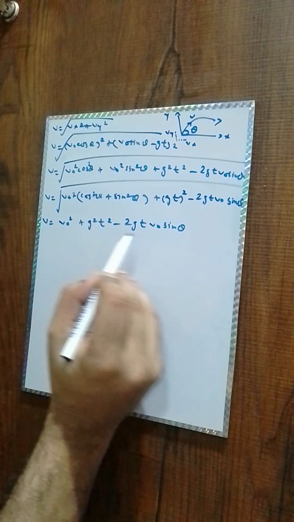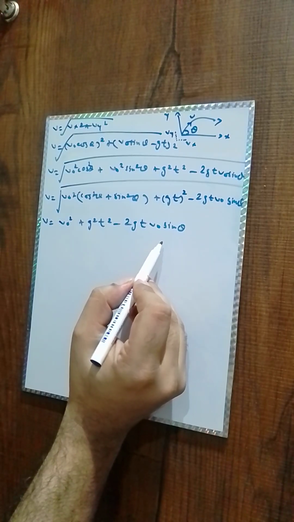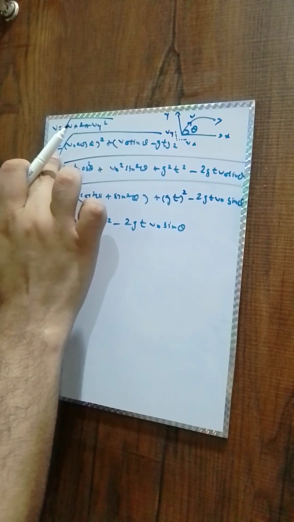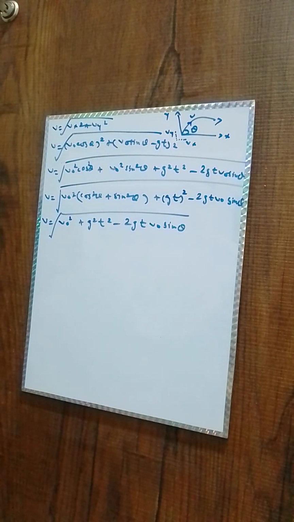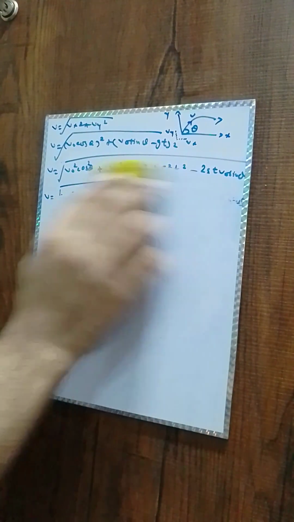Okay, so this is a little bit of the mathematical expansion of the velocity form. V is equal to the root of v naught square plus gt square minus 2gt v naught sine theta. Okay,